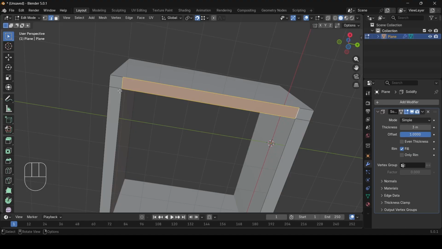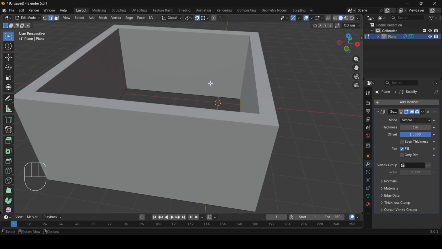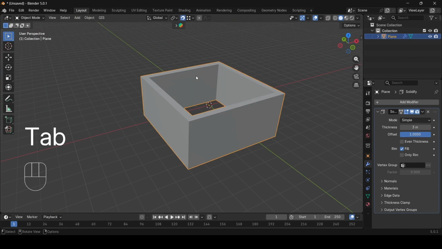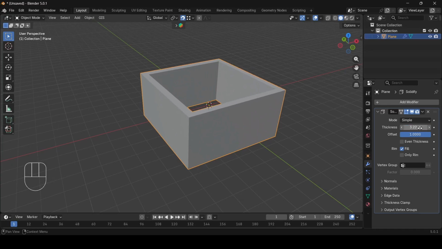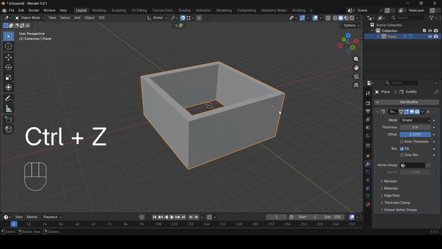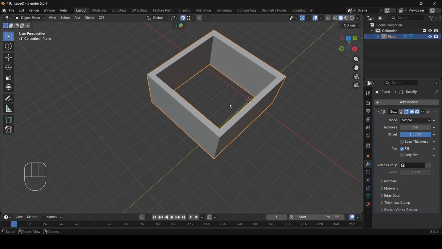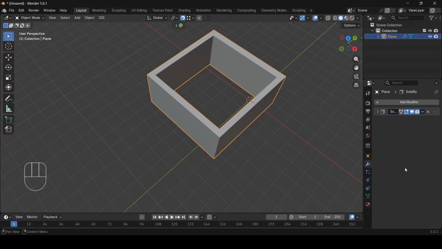Okay, so the F connected these two edges, and I can have all four walls of my house. Remember that I can always change the height of my wall throughout this option. So this is basically the Solidify modifier. Let me minimize this so I can have my space, because we are going to add